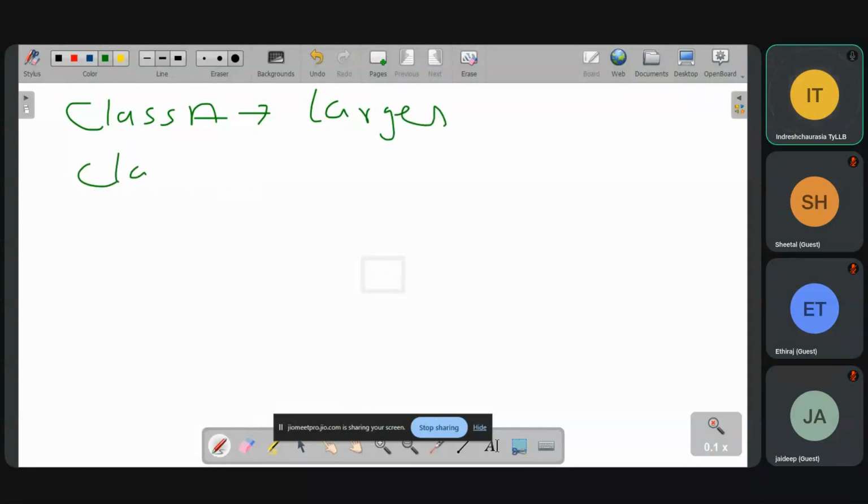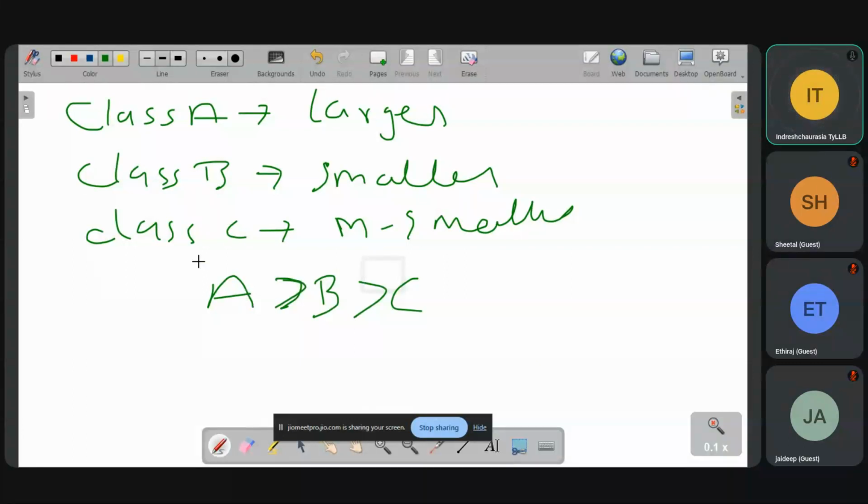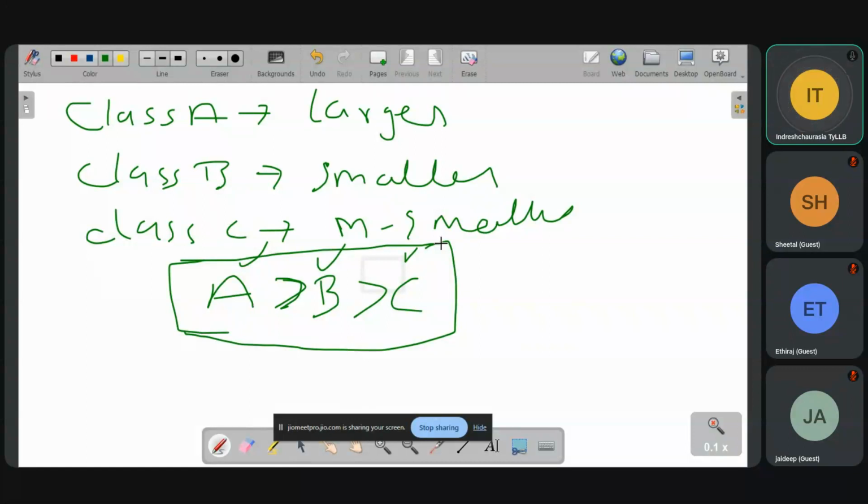When I go to class B, it is a smaller network compared to class A. When I say class C, it is even smaller than class A and B. So class A is bigger than class B, class B is bigger than class C. This way the IPv4 address is divided into class A, class B, and class C.